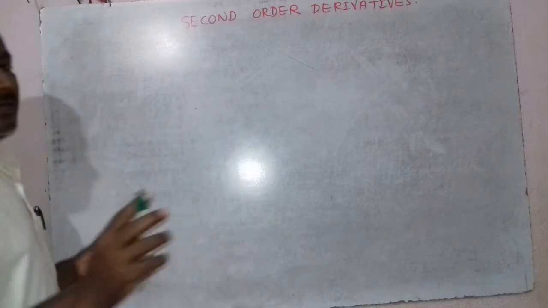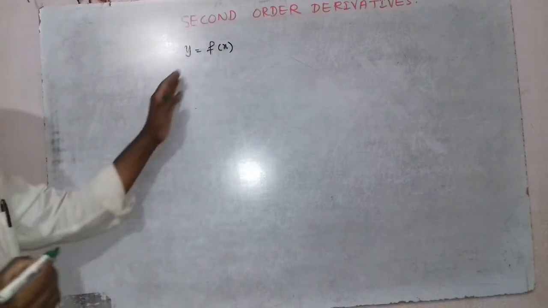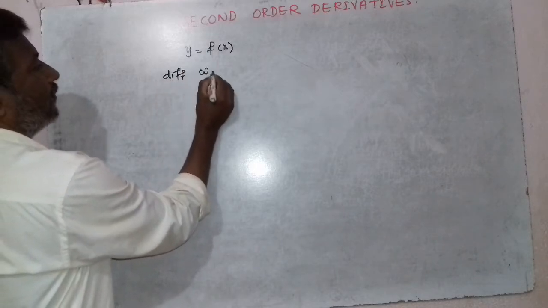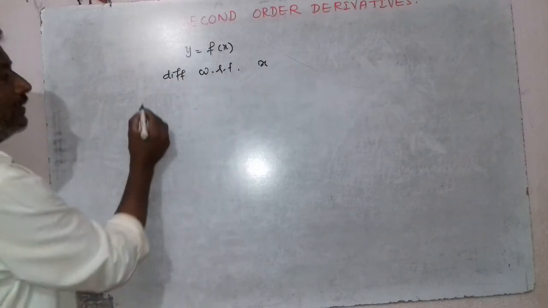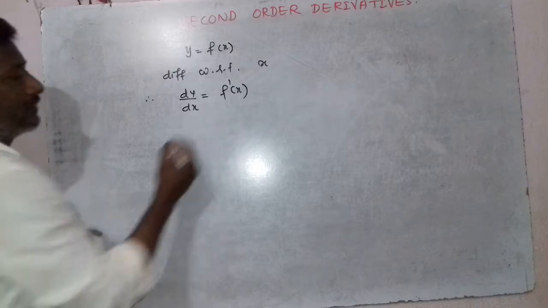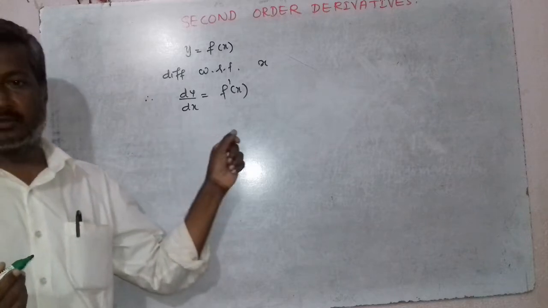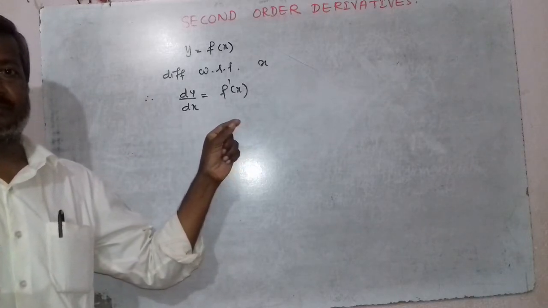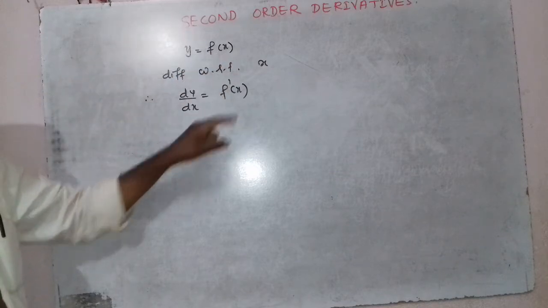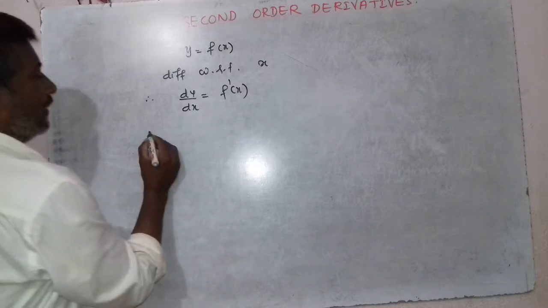Therefore, let us consider the function y equal to f of x. If we differentiate this with respect to x, we know that dy upon dx equal to f dash x. This is the first derivative, or first order derivative. Derivative of f x is f dash x. If we differentiate this once again,